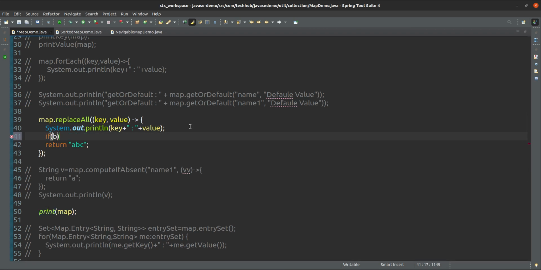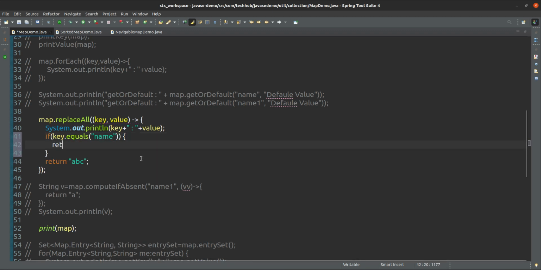If we want to take a particular condition, that also we can do. Suppose if key equals name, then just return omnivas, otherwise just return the value only.